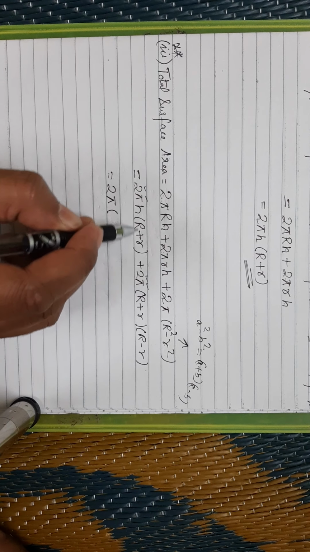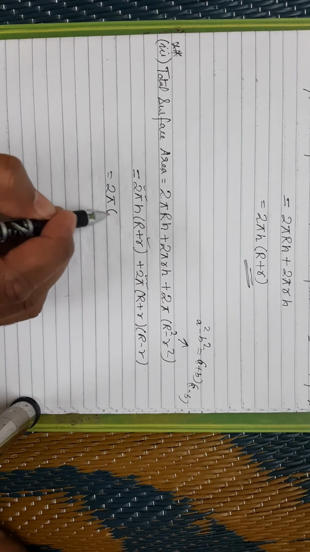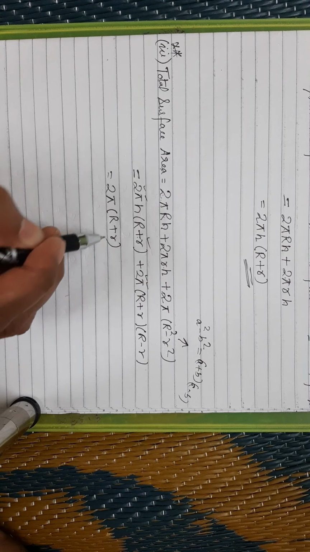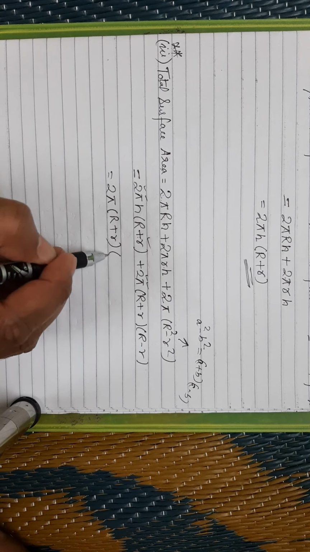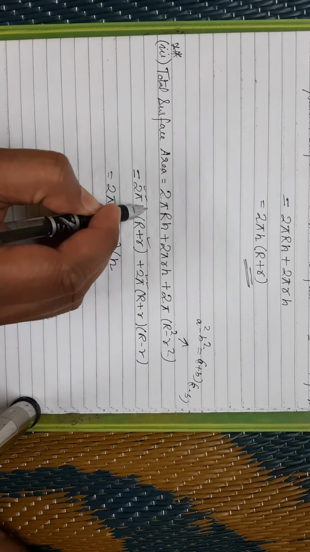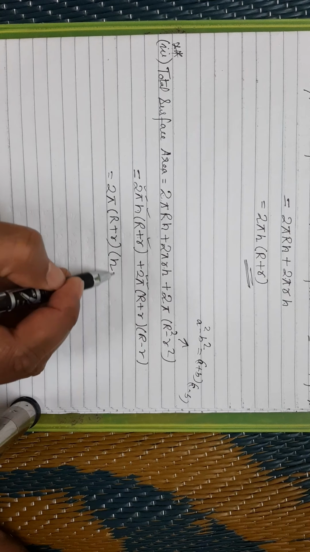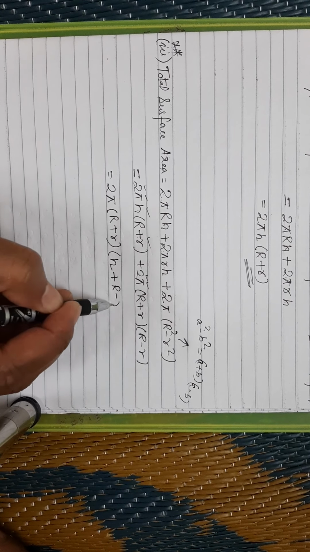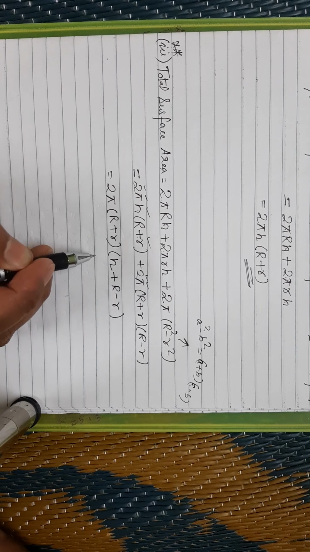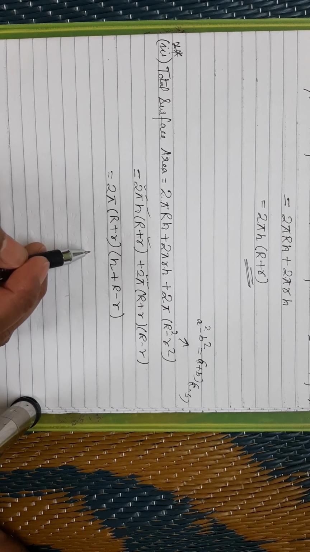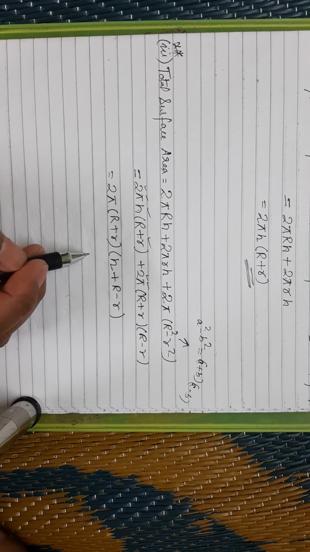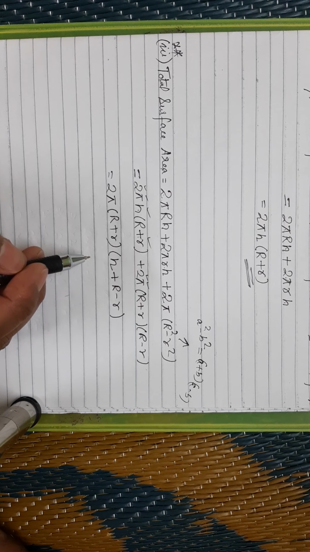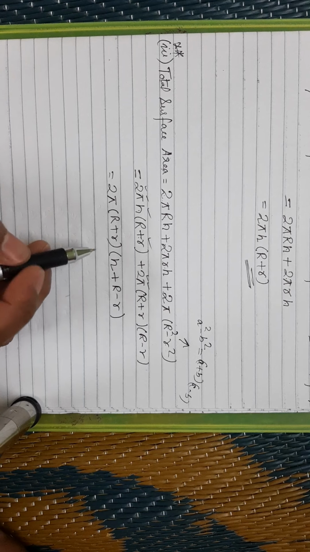What else is common? R plus r. So I can take this also, R plus r. Clear? What is left with me? 1h is there. So this is also done. Then there is plus, there is no sign means plus. Then R minus r. This is a difficult formula. I'm telling you, this is a very difficult formula. But if you know the figure and if you know what is there, you can easily find out this formula.